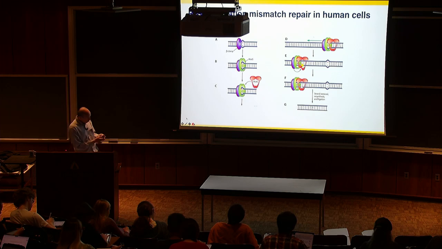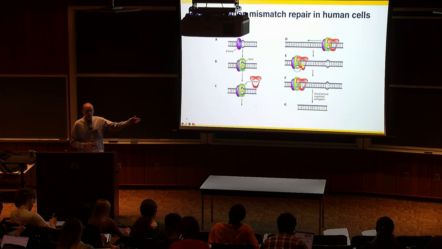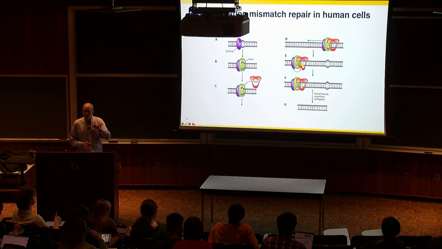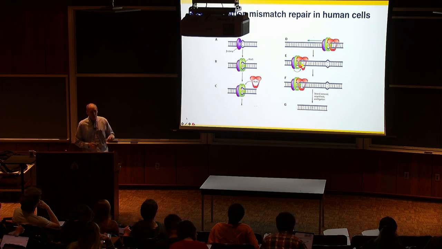And here's the way it works. It turns out, of course, that the mutation shown here, this GT mismatch, isn't necessarily right next to one of those methylated adenines. That methylated adenine could be 100 or a few hundred bases away. So how does the place where the correction happens know which strand is the old and which is the new strand if the mark for old and new is so far away? And the answer is